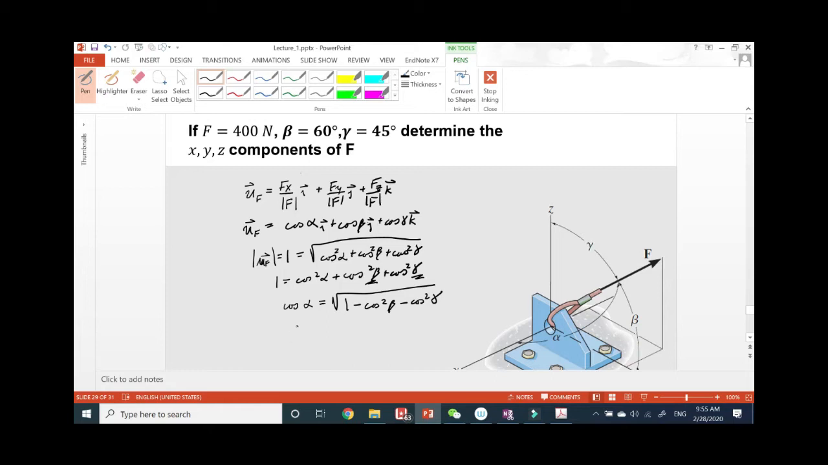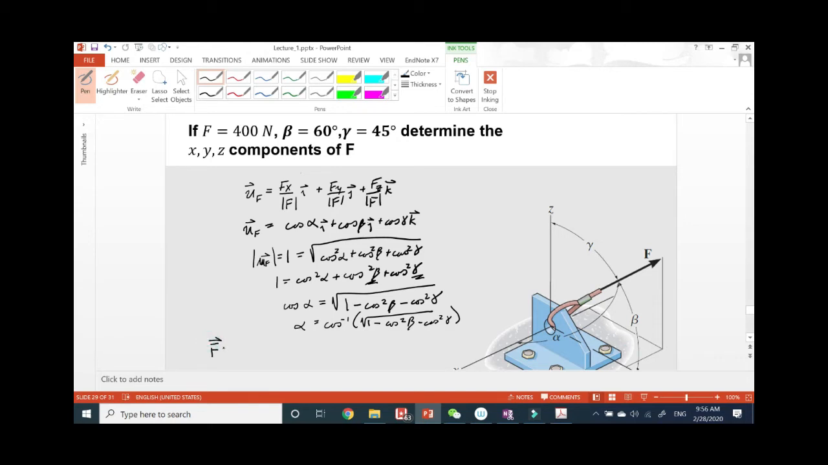It's a quite convenient form. And so you can then define alpha is equal to cosine inverse of the square root of 1 minus cosine squared beta minus cosine squared gamma. Okay, so that gives you the angle, and then you can just do the force